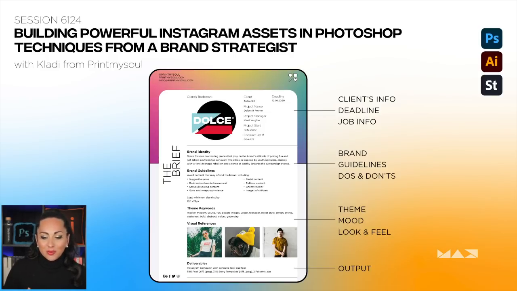In this particular brief that we're going to have a look at, we're going to build an Instagram asset for a fashion brand, one of my Italian clients called Dolce. So we already have an idea of the color theme that has to have some blue and reds in order to represent the logo, and also an ethos that is inspired by youth nostalgia with classic, with a twist teenager rebellion feel, and a sense of apathy towards the surrounding events. It's also important to have a look at the visual reference that the clients provide us, and of course, the deliverables. But let's jump in Photoshop so we can start creating our Instagram assets.